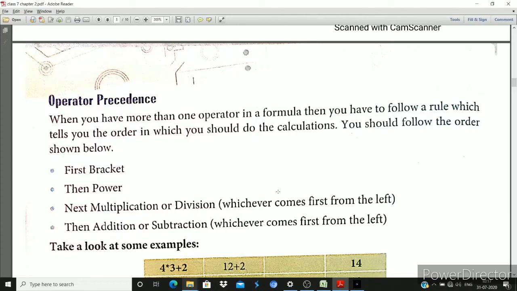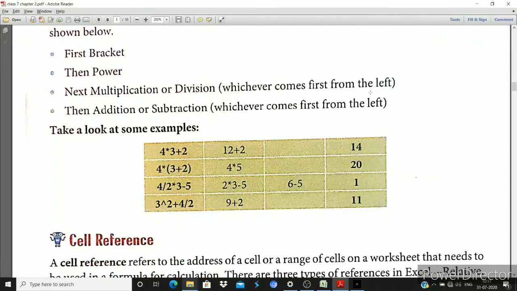Okay, so first में क्या होगा, सबसे पहले आपको क्या करना है, फर्स्ट ब्रैकेट सॉल्व होता है, देन पावर सॉल्व होती है, और फिर उसके बाद में मल्टीप्लिकेशन डिवीजन सॉल्व होगा, फिर उसके बाद में होगा आपका एडिशन सब्ट्रैक्ट। ओके, तो जो प्रीसीडिंग ऑर्डर होता है किसी भी इक्वेशन को सॉल्व करने के लिए, तो सबसे पहले अगर उसके अंदर कहीं पावर है तो सबसे पहले पावर सॉल्व होगी, फिर उसके बाद में अगर कहीं ब्रैकेट है तो ब्रैकेट सॉल्व होगा, फिर उसके बाद में मल्टीप्लिकेशन डिवीजन सॉल्व होता है, और फिर उसके बाद में होता है आपका एडिशन और सब्ट्रैक्ट।